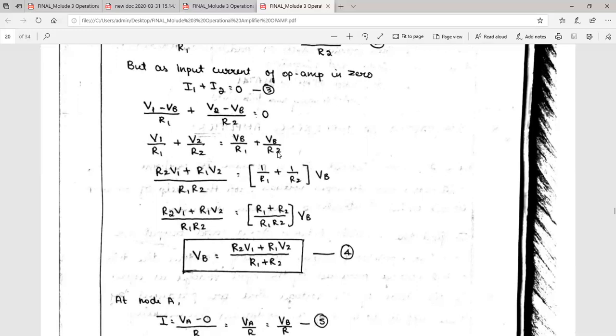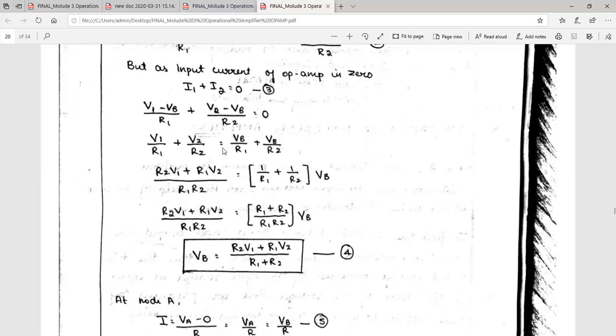When we further simplify it by cross multiplying, R2 into V1 is your first term, and R1 into V2 is your second term, divided by the product of the two denominators, R1 into R2,